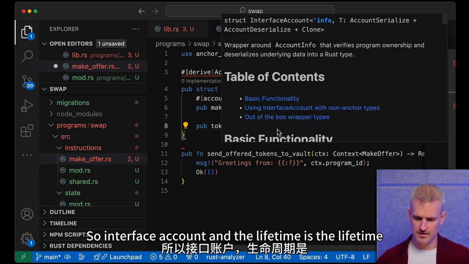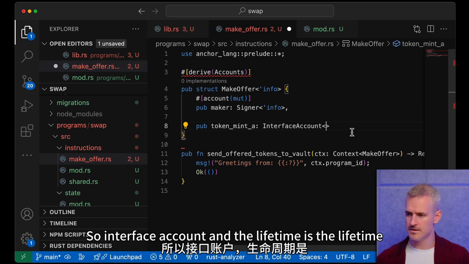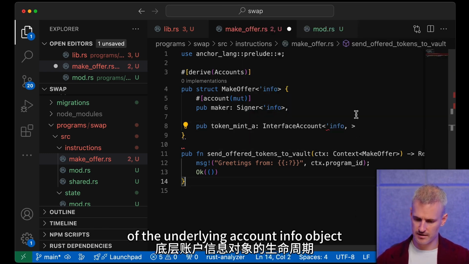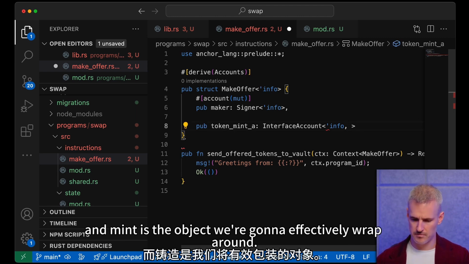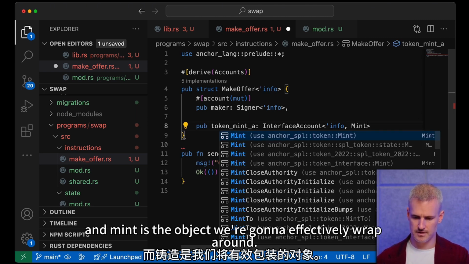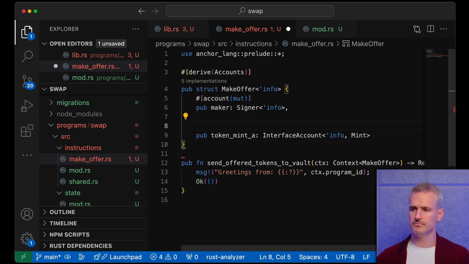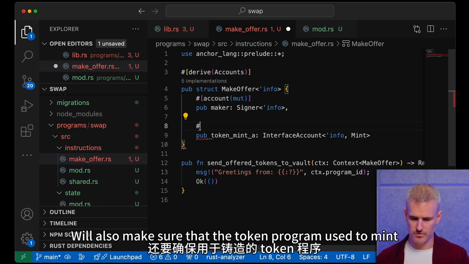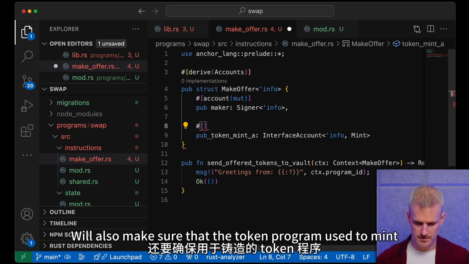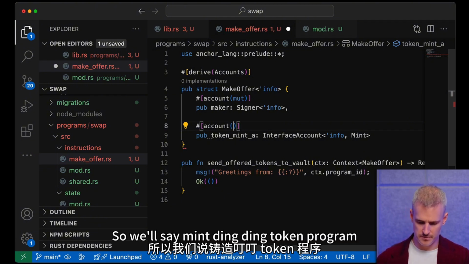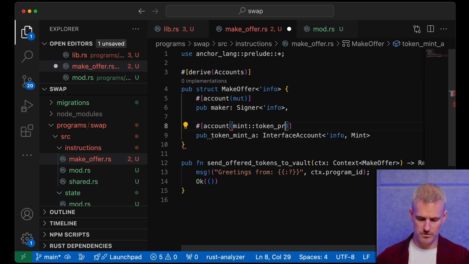So interface account, and the lifetime is the lifetime of the underlying account info object, and mint is the object we're going to effectively wrap around. We'll also make sure that the token program used to mint that is what we expect. So we'll say mint::token program